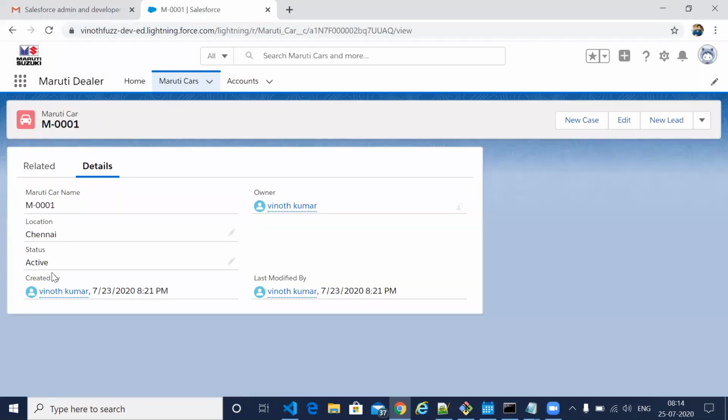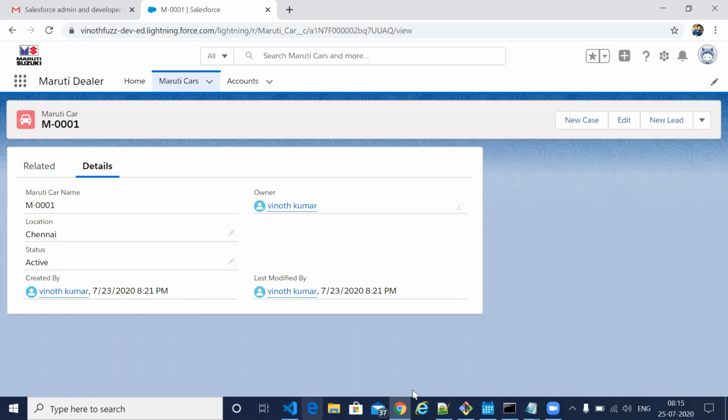Suppose I have fewer fields, so we will create some more fields. Depending on the profile, for this profile we want to give only this kind of options, like only 2 to 3 fields. The remaining fields they need not fill, since they're not mandatory for the profile. And for a different profile, you want some other fields, like an entirely different page layout.